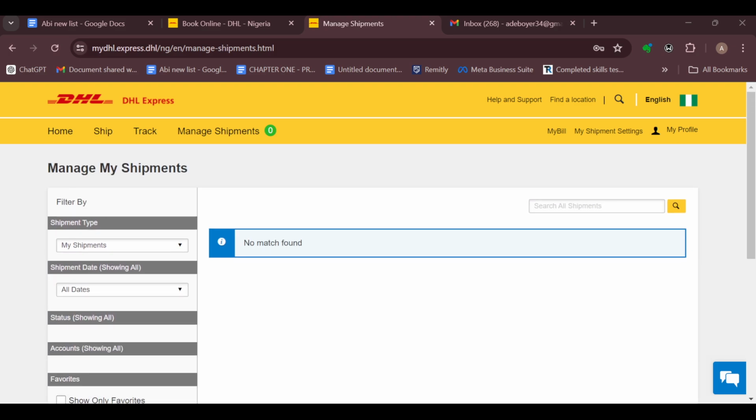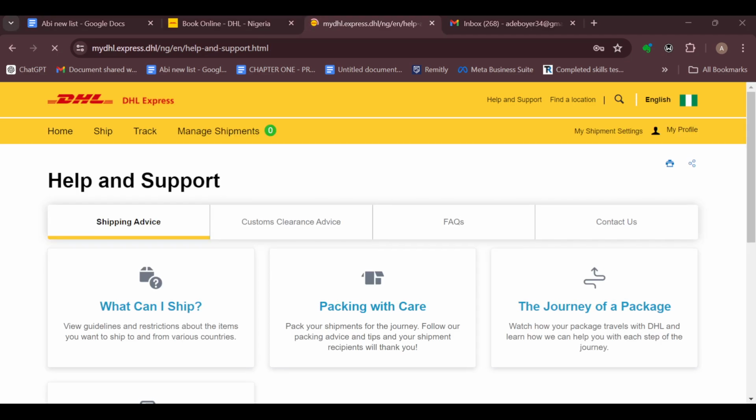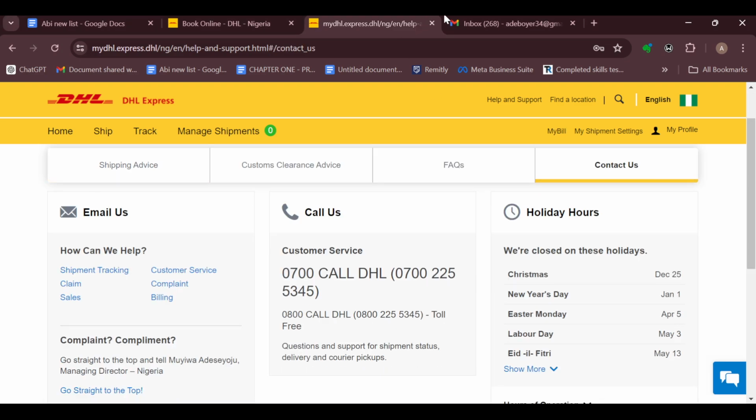But if it has exceeded that day already, the only option left is to contact customer support, and that is by going to the top right side of the screen, where you can see help and support, and then you click on it. After clicking on help and support, you'll be brought to the help and support page. On this page, for fast response, you just click on contact us, and then you can call this